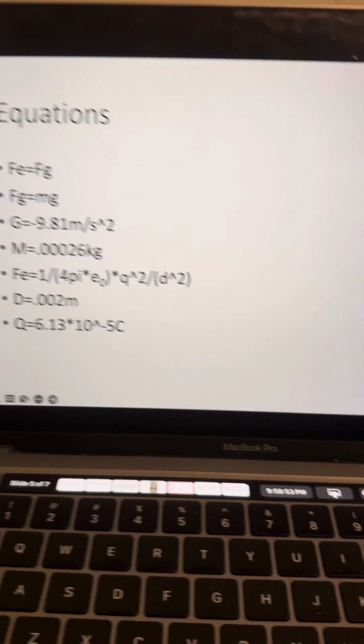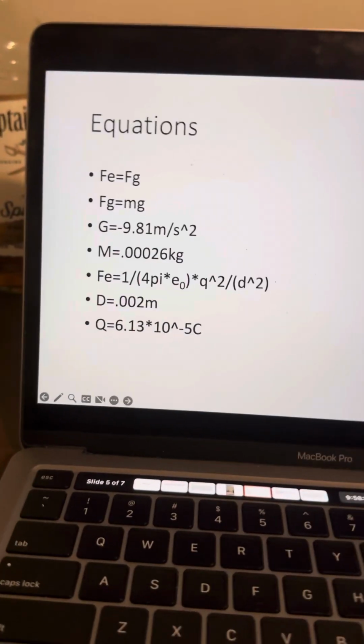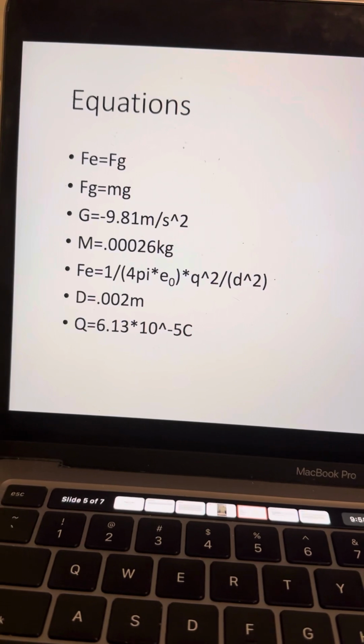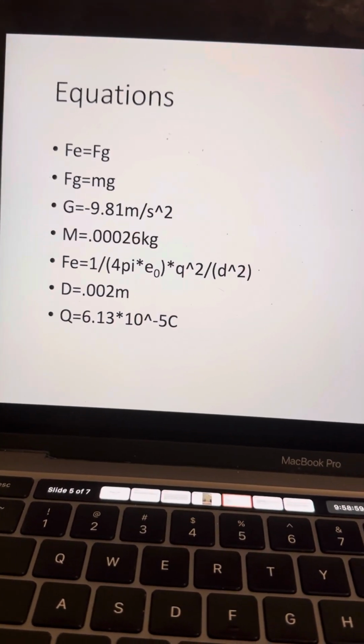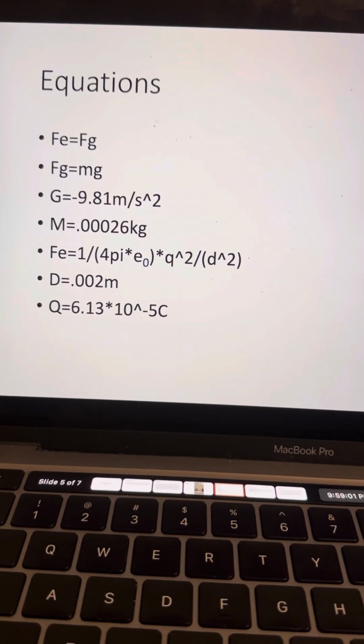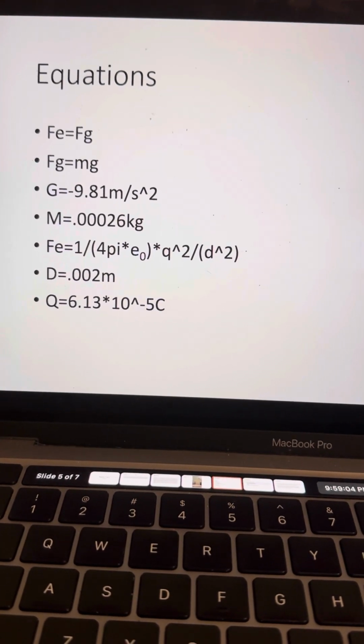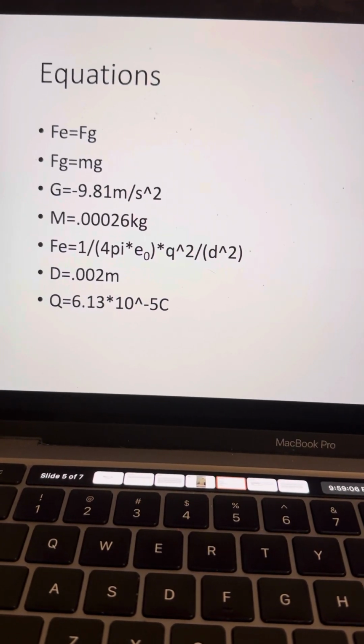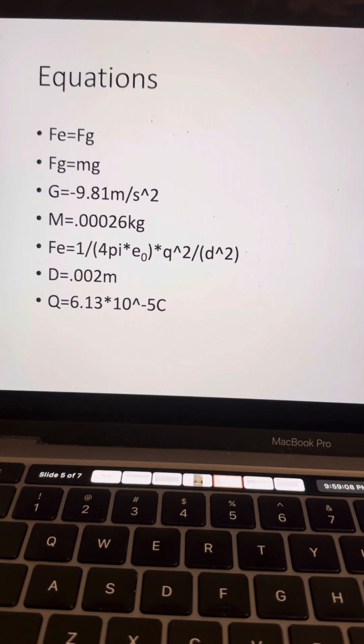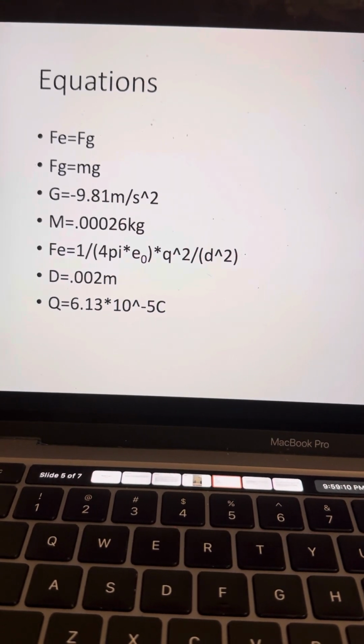So the equations that were used were: the electrical force would have to be equal to or greater than the force of gravity when the tape was repelling the other tape. So force of gravity is mass times gravity. Gravity is negative 9.81 meters per second squared. Mass was